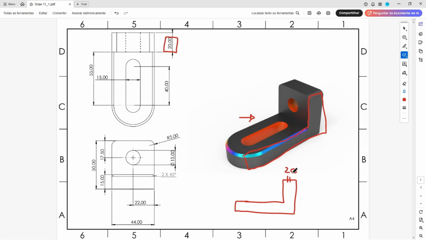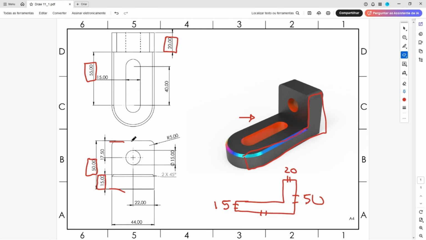This line here has 50 millimeters. And this line here has 15 millimeters. And this line here has 55